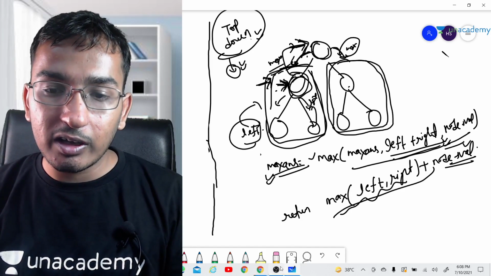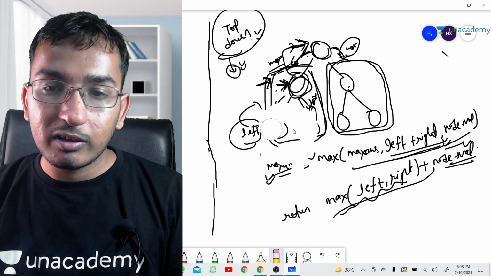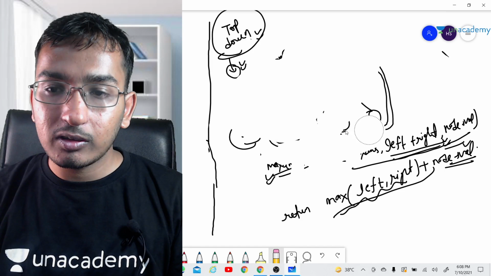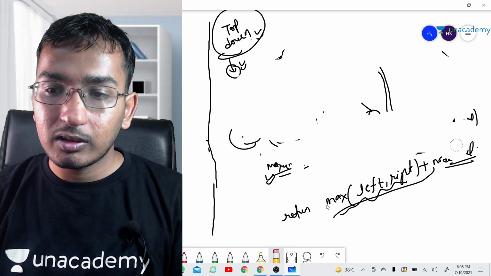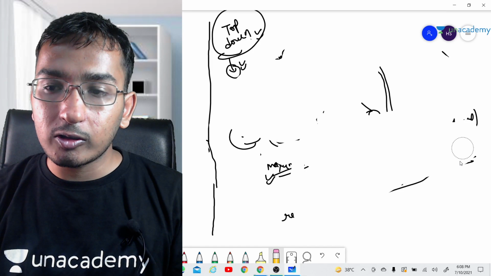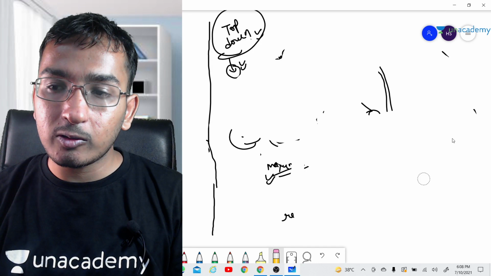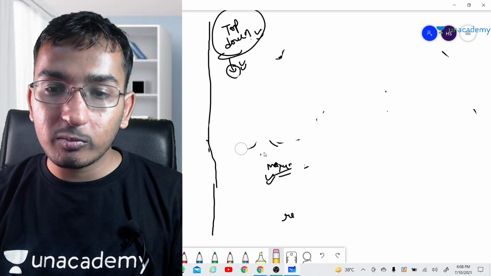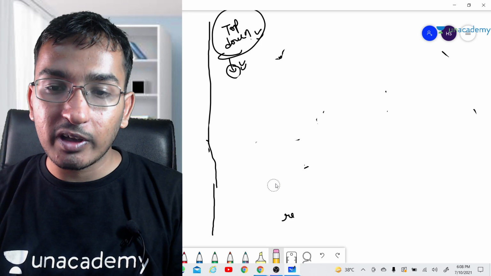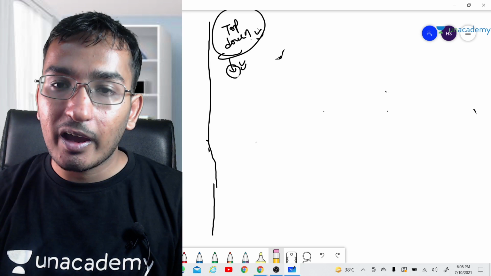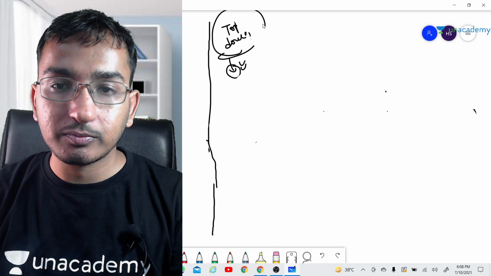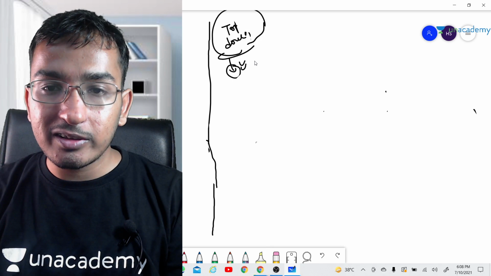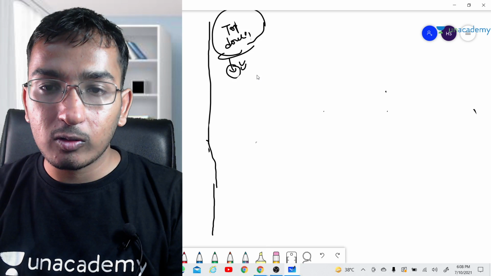So this is the really cool thing. We just need to make the two function calls here and we are done. So we have broken down our problem into smaller sub problems, and now in the end we will have the result of the smaller problems and we will come to our result. Okay, so let's see the code of this problem.